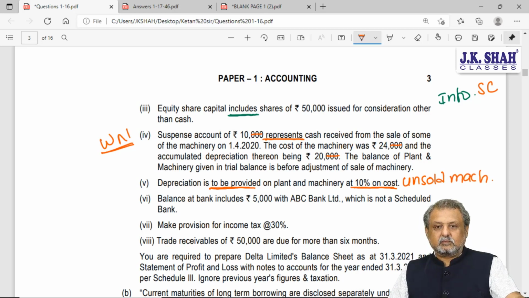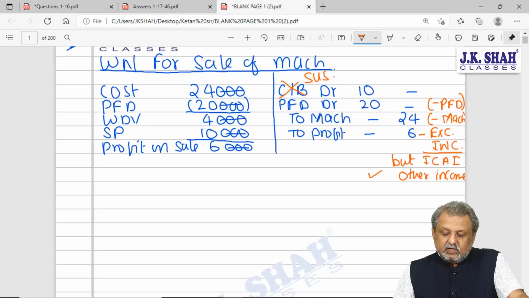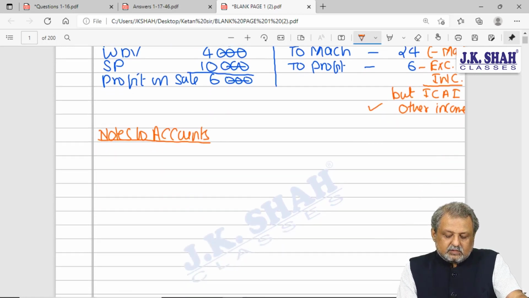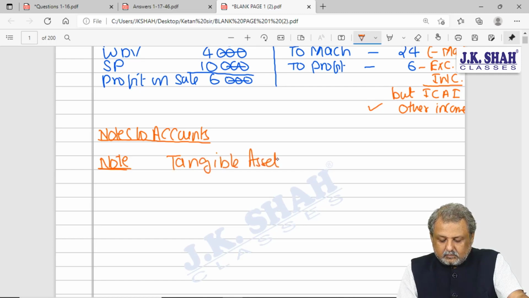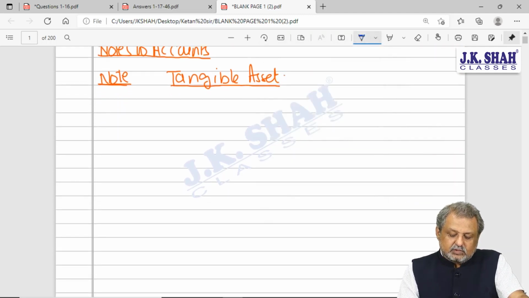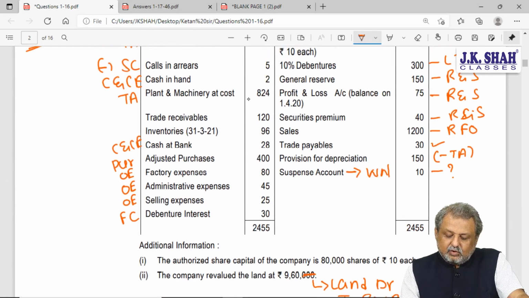So what you can do in the presentation of your answer, when you prepare notes to accounts, is say tangible asset, note for tangible asset, whatever is the note number. In this note for tangible asset, what we can do is first show machinery given in trial balance debit, cost is